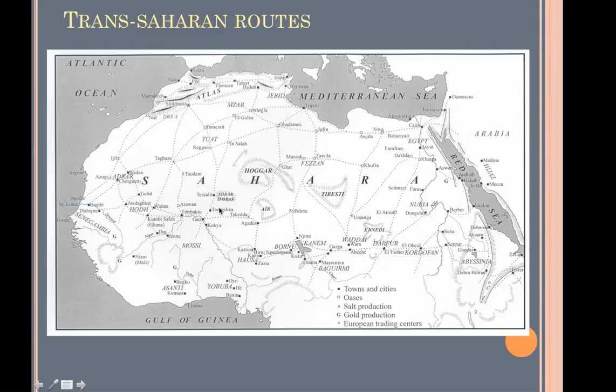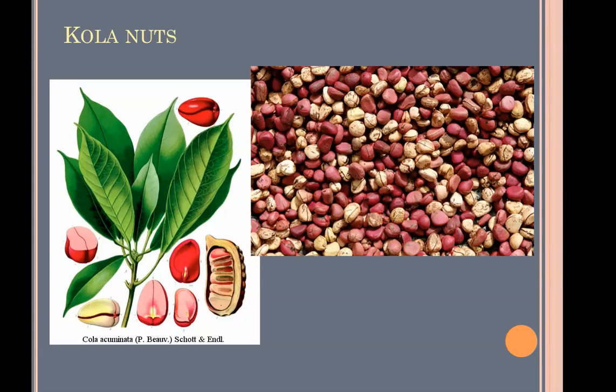I'm going to point out 2. Timbuktu right here, which is also at the bend of the Niger River, which runs like this. Djenné right here, down here in this other bend of the river. These are important trading towns, places where caravans that went across the Sahara would pick up new items and bring trade goods from across the desert. But what were they using to get across the desert?